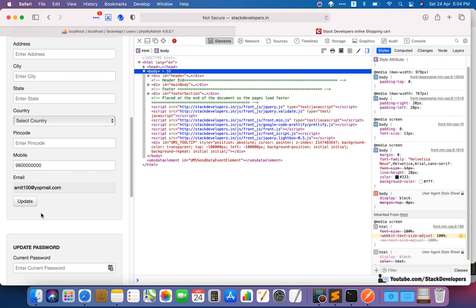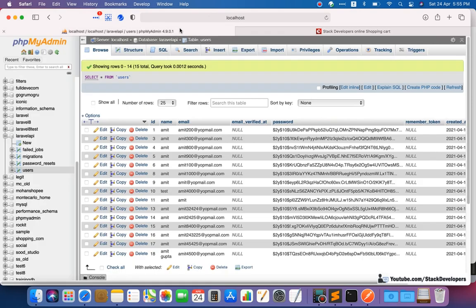In that case, the Android developer or front-end developer will ask the back-end developer to provide that delete API so that he can hit that API. Whenever the user clicks on delete account, one check will come asking whether you want to delete your account or not. If the user clicks yes, then the delete API will hit, and that delete API is going to delete that user from the users table. This is the purpose of the delete API.